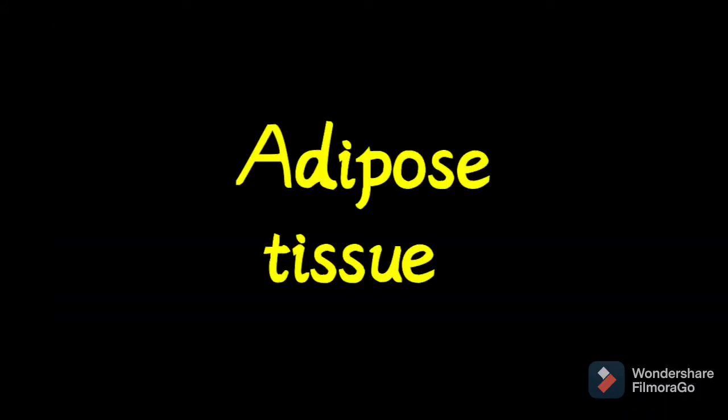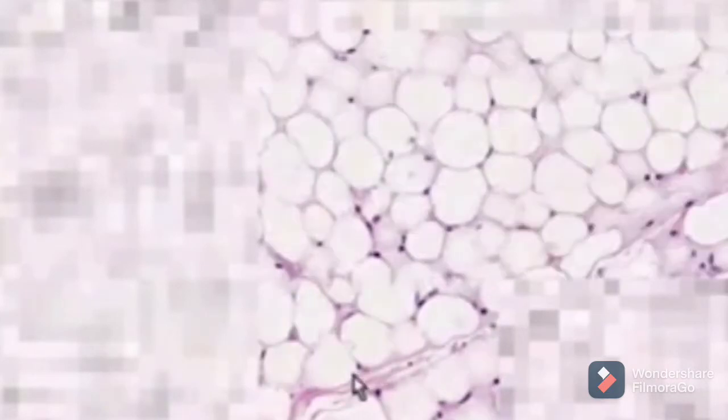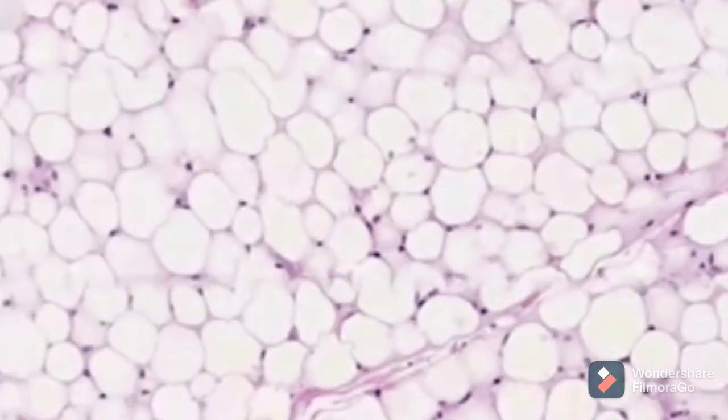Next we have the slide of adipose tissue. So adipose tissue is also known as fat tissue. It is having fat cells, it stores fat inside the body. So its main functions are, it provides insulation to the body, it acts as shock absorber when it is present as padding around delicate organs. It keeps our body temperature constant. It prevents the heat of our body to escape outside. Alright, so this is present under the skin.